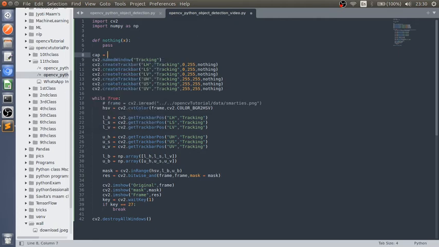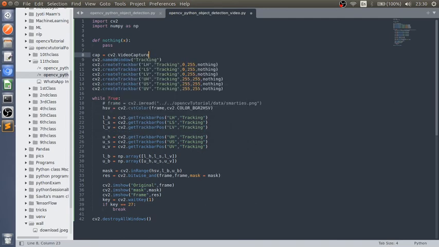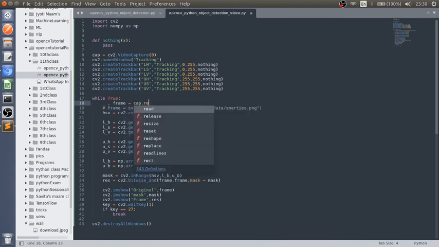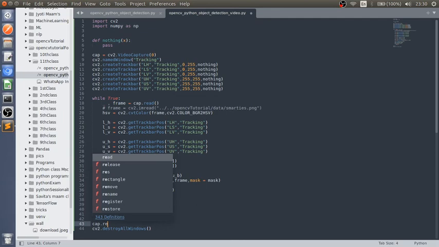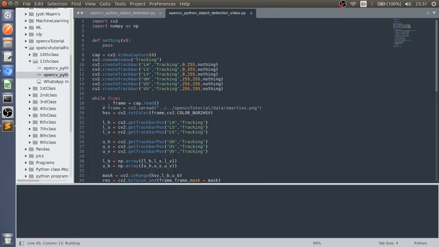For that we have the cv2.VideoCapture function, and we fetch the frame using cap.read. The last line is cap.release. Now let me run this code.